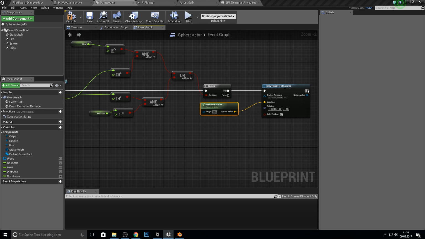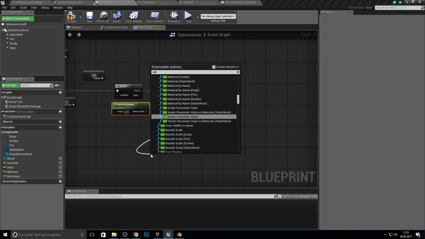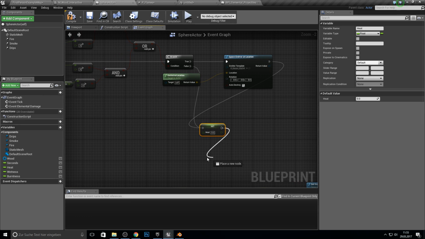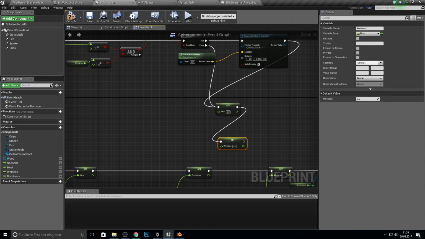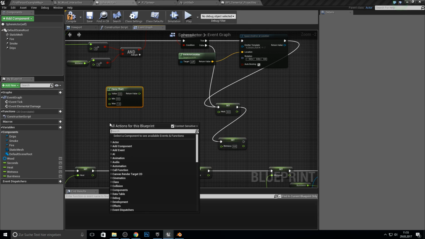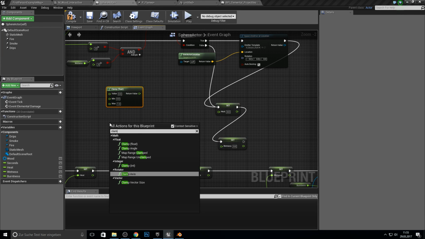So if this is then finished, we want to set the heat, and if it's false, we want to set the heat. And after this we want to set the wetness, and here we clamp between two values. So get the clamp and clamp again,